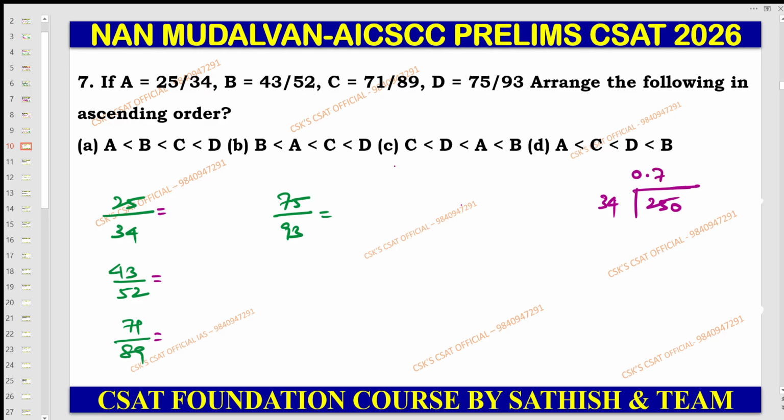So 7 times you place here. 7 times, if you are placing 238, the remaining is nothing but 12. Still put a 0. Then you try 3 times, it becomes 102. At least 2 digits, please try 2 digits. So therefore 0.73. Right. Next,